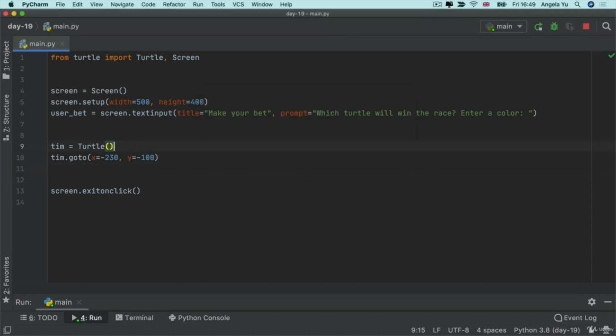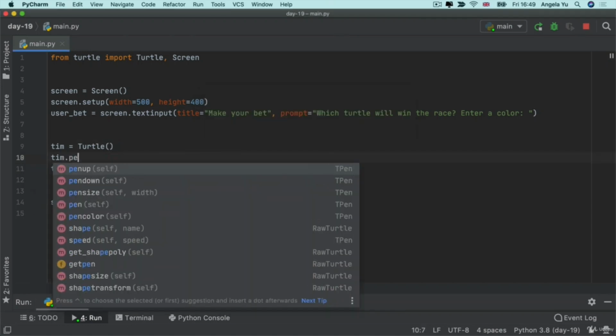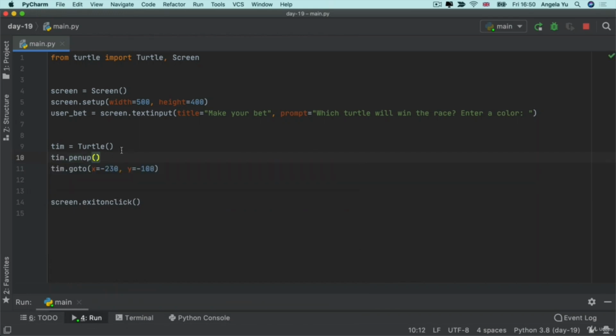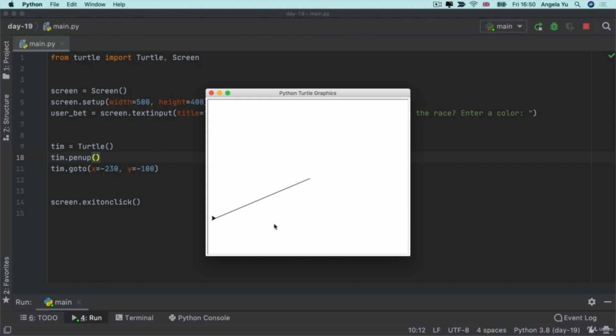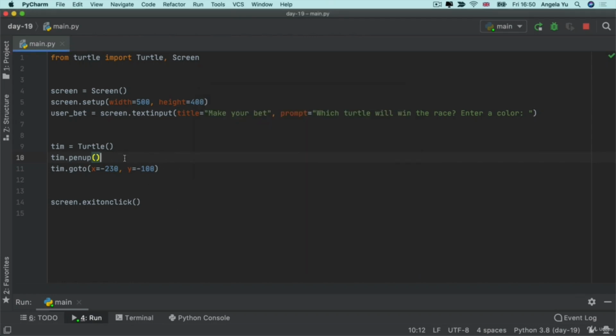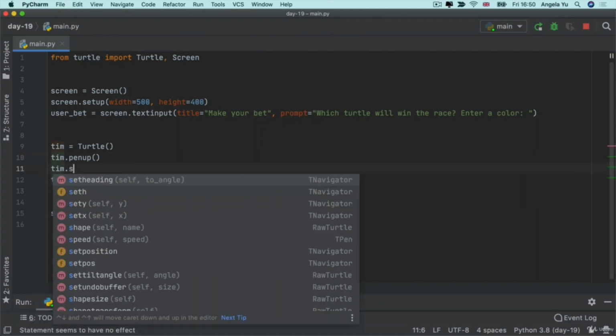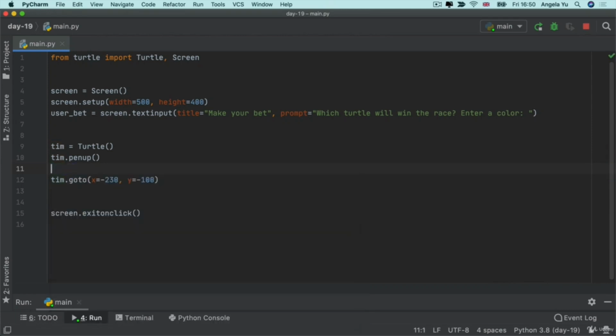So to do that, we're going to do tim.penup, and we're actually never going to put the pen down because we're going to be moving the turtle itself. And the other thing is that it would be really nice if instead of an arrow, we actually got a turtle. So we can of course say tim.shape and set it to a turtle shape, but here's an even easier